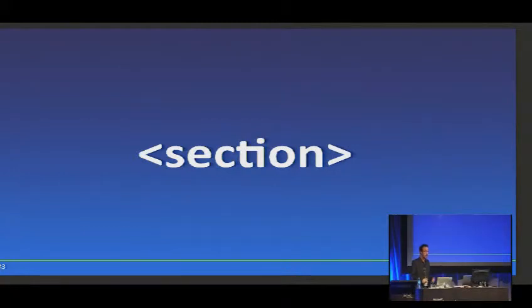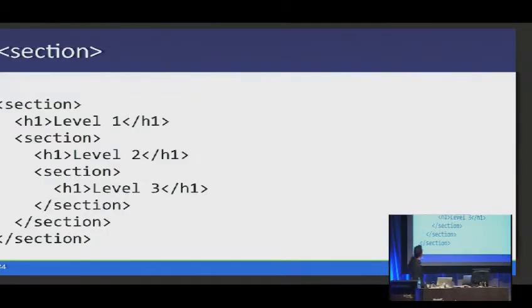Examples of a section may be a chapter of a book, tabbed pages, perhaps. On the home page, it could be the contact information, the news information, and an introductory paragraph. Each of those can be marked up using a section, as illustrated here. And you can see in this example, I have nested a few sections.